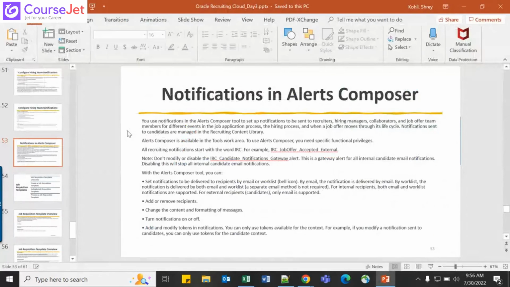What is left is to attach those notifications to our candidate selection process so that we can use them while using our candidate selection process. We will cover that while creating a job requisition. Now the next topic is